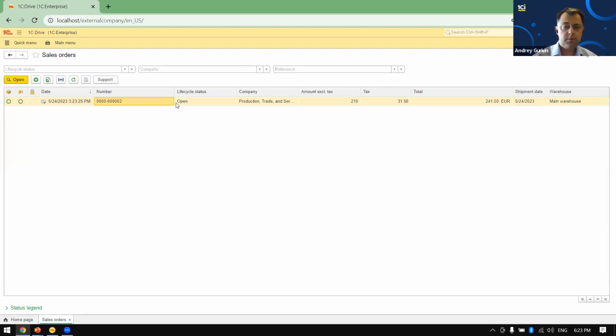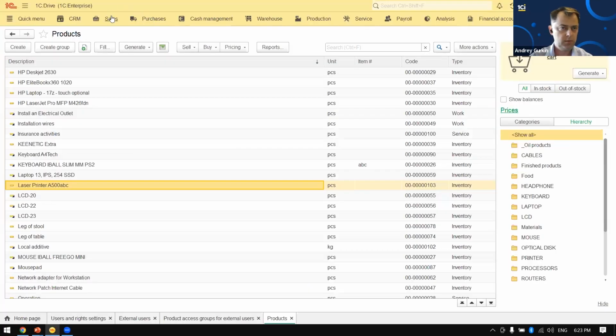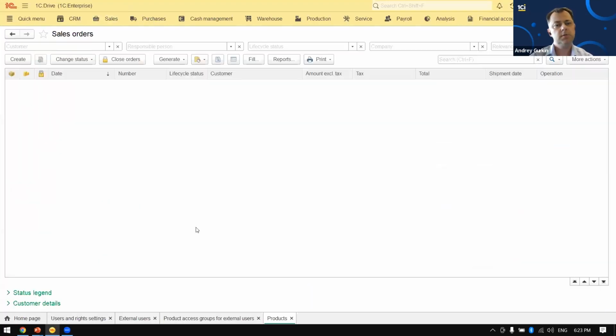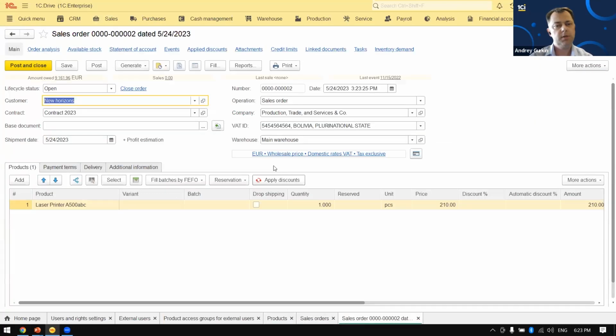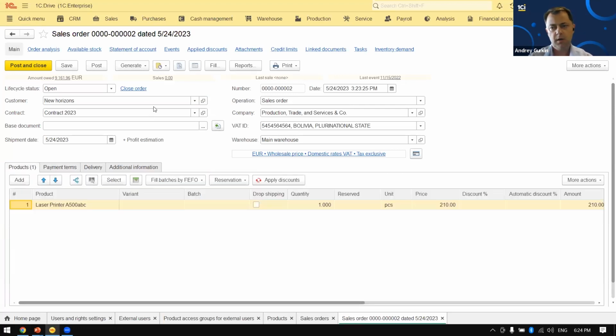So after generating a new document, for opening it, I'm just clicking to it, and here you can see the print form. Because, as you understand, we have a lot of different attributes. So if I open this sales order in our database, the internal version of this exact document, here you can see a lot of different attributes, and it's not so good an idea to share all of the attributes to all of our external users. But